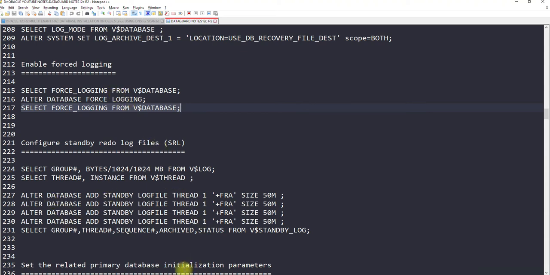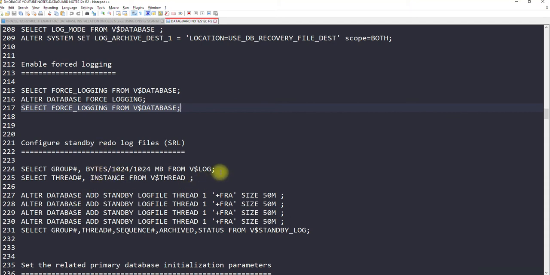For that reason we have to create redo logs on both primary and standby. But during the RMAN duplication, everything will be duplicated, and standby redo log files will automatically be created in the standby. So you don't need to worry about creating the redo logs in the standby.